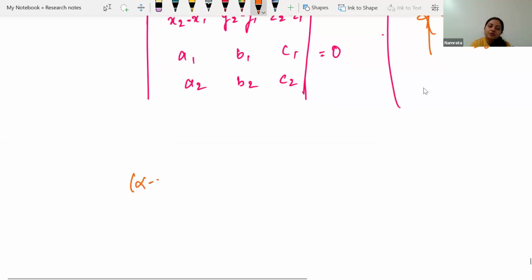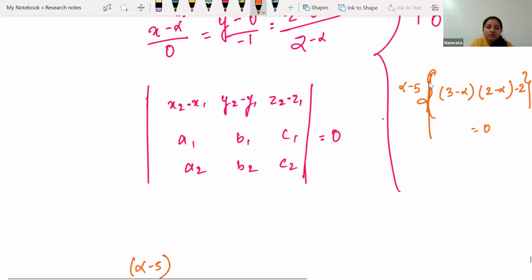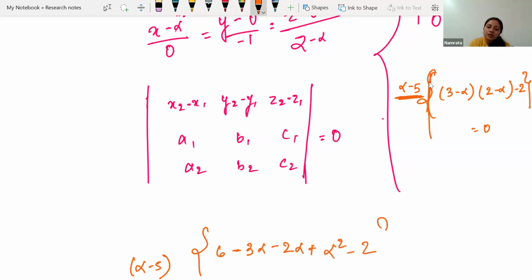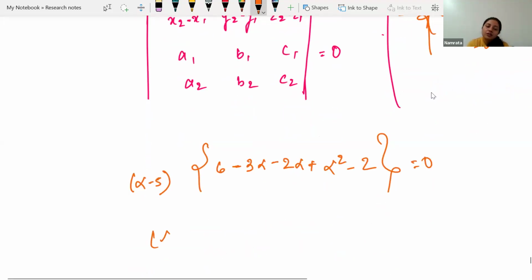So basically we will try to do the factorization over here. If already we are having a factorized form, that is alpha minus 5, well and good. Let's keep it aside as it is. So what we'll be having after that? We need to simplify the curly brackets. So we will be having 6 minus 3 alpha minus 2 alpha plus alpha square minus 2, like this, is equals to 0. After this, we'll be having alpha minus 5,